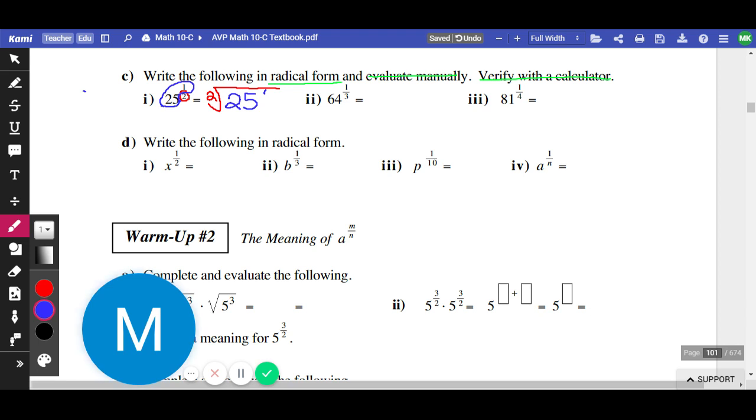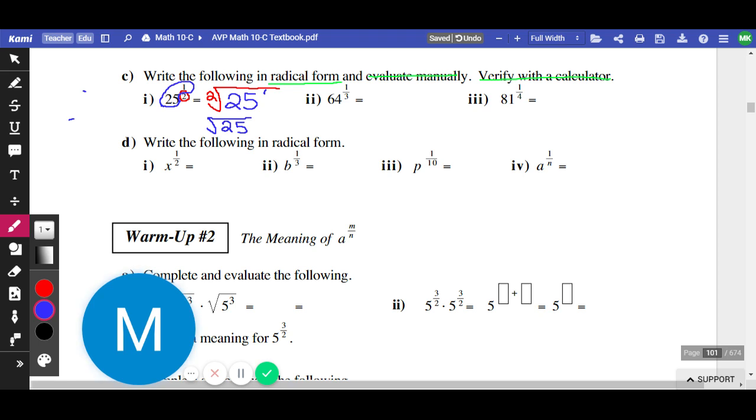Now, we wouldn't write it like that. I'm very much explicitly showing that the 2 and the 1 go there. My final answer would look much more like this. Square root of 25, right? I don't need to write the 2, I don't need to write the 1, because they're usually invisible. We don't usually write to the power of 1. We don't usually write the 2 for square root. We just know it's a square root.